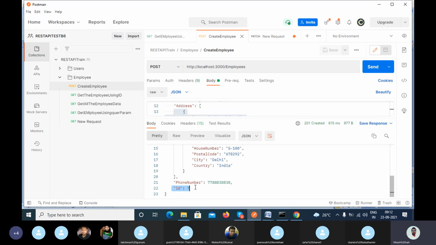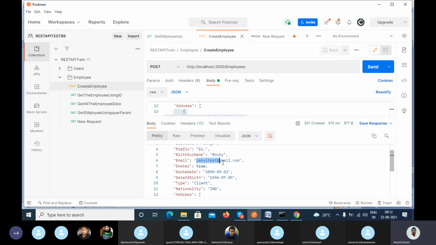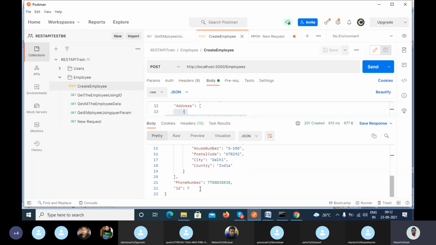That's why even whether other properties are unique or not doesn't matter, right? If they have maintained that using the ID you can update the data, you can get the data and you can delete the data,